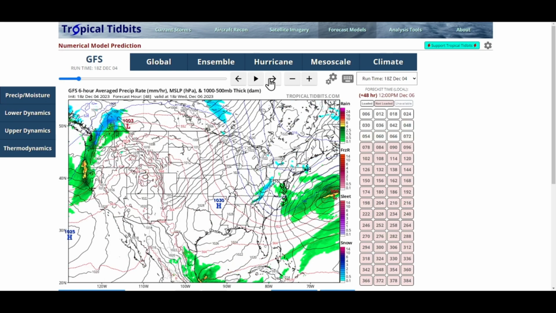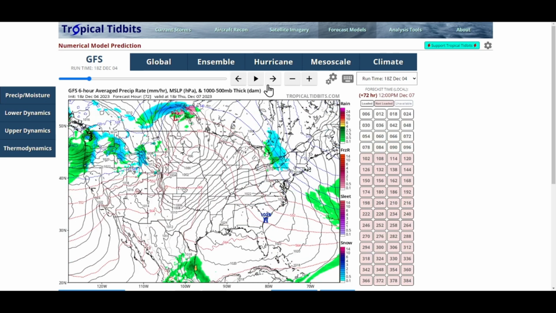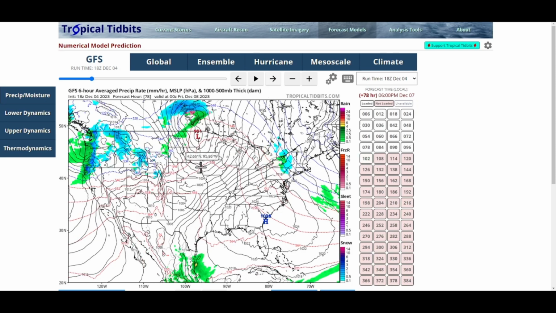That kind of peters out, doesn't really do much. The big thing we're looking for is a warming of temperatures. It will be very unseasonably warm for a lot of these states across, say, the Dakotas, into Minnesota, Wisconsin, Illinois, Michigan. Very warm. So that is definitely something we'll have to keep an eye on, as there could be some strong winds, maybe some red flag warnings being prompted as